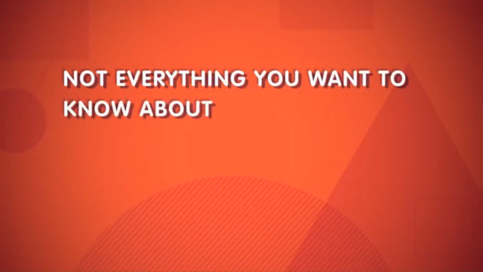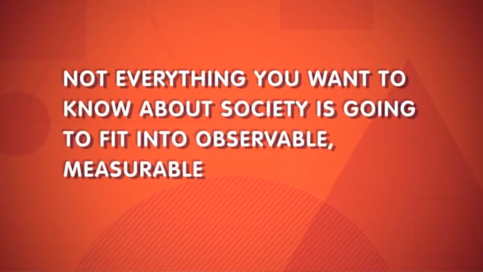There are, of course, limitations to sociology as a positivist discipline. Not everything you want to know about society is going to fit into observable, measurable categories. And what's worse, I don't know if you've noticed this, but human beings are pretty unpredictable. In much of the natural sciences, the environment in which research is done is completely controlled by scientists. Like microbes in a petri dish, they're probably not going to develop free will and mess around with your carefully